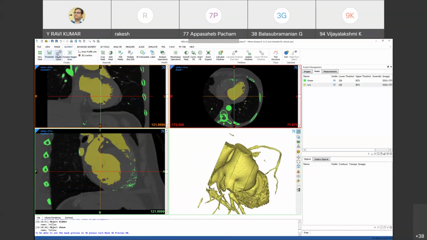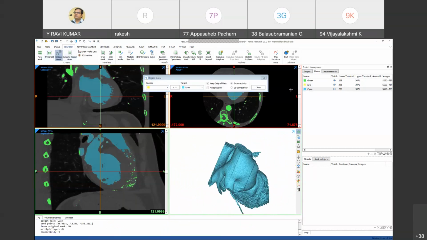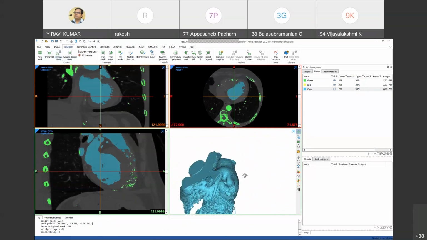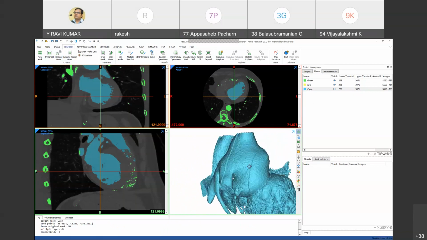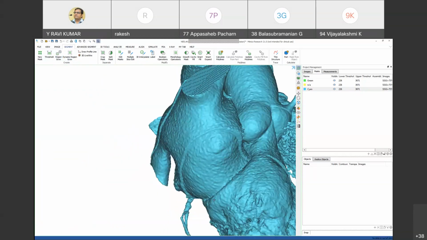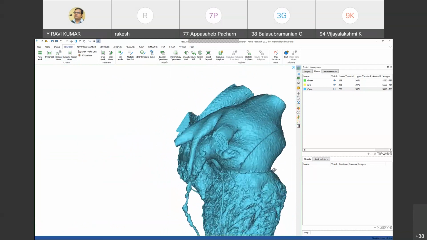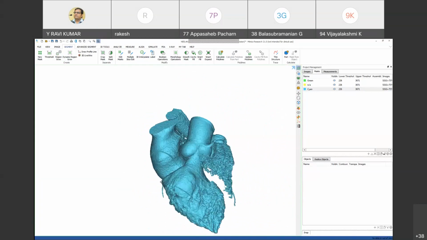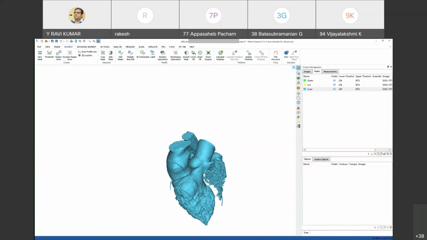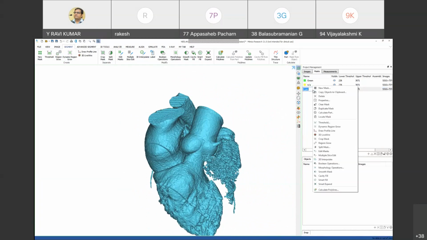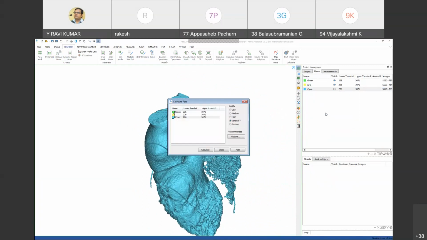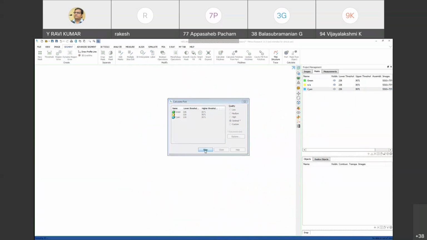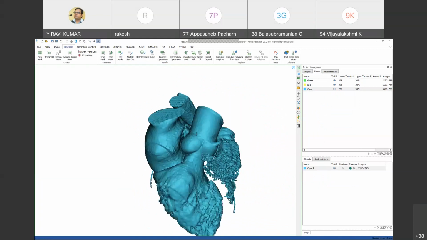So this is how we will edit the mask. After that, what you need is to calculate the part.